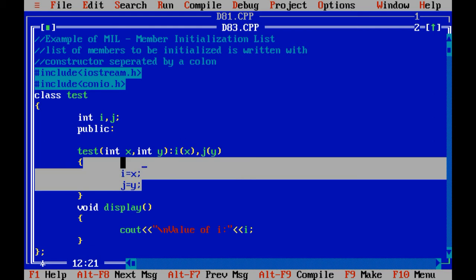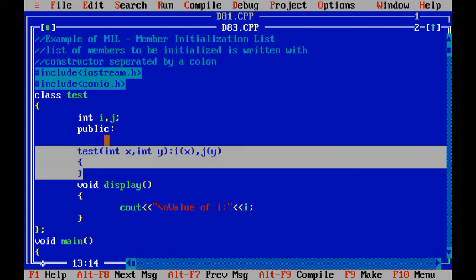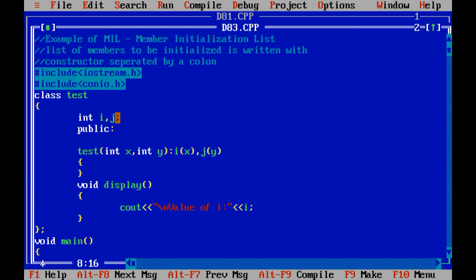But right now we have taken it as the concept of MIL. So I, j, integer x, integer y, colon I of x and j of y. That means whatever value of x you pass will be stored inside the variable I, and whatever value you pass for y becomes the value of j.